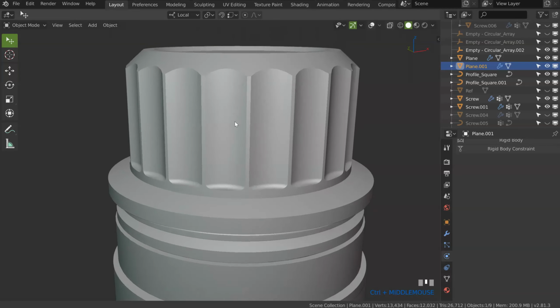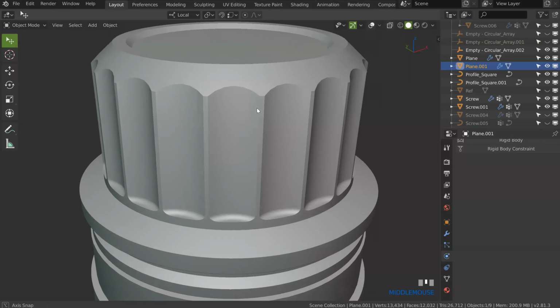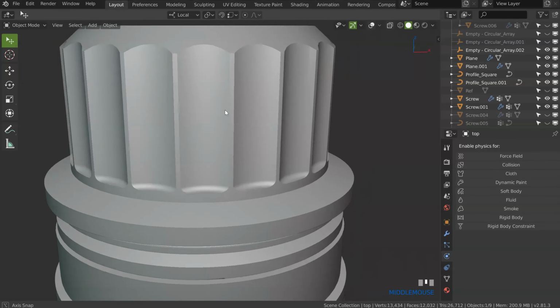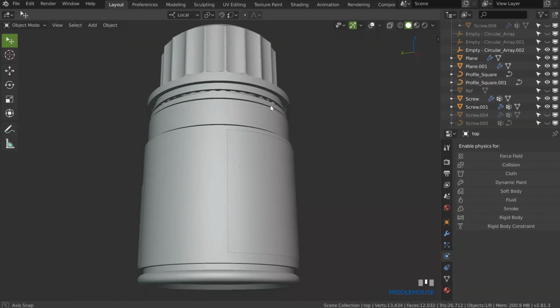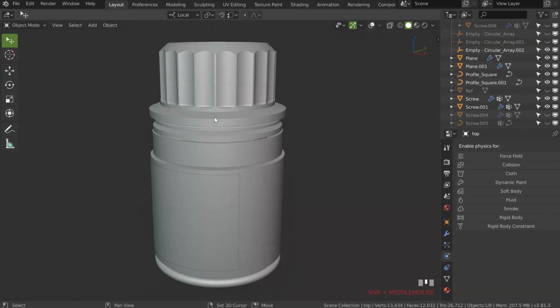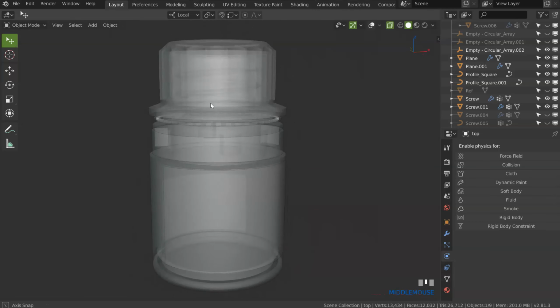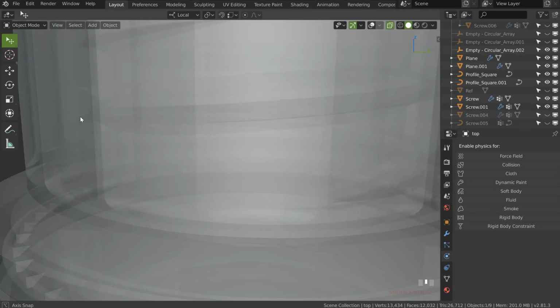You can add a bevel if you want to use cycle bevel shader to add a bevel here, because if you add a bevel on this one, you will not have something correct. So it's up to you right now to do whatever you want, but as you can see, we made this one. It's an interesting object to make, and as you can see, the inside part isn't correct. Oh, maybe, yes, it seems to be correct.